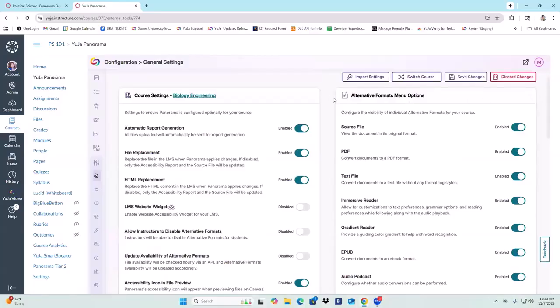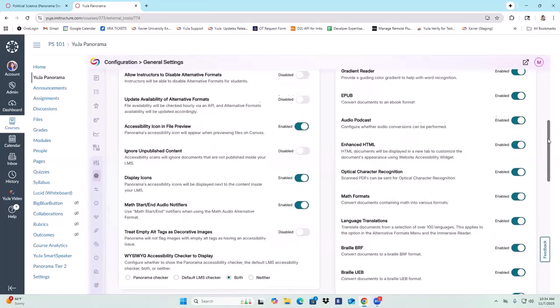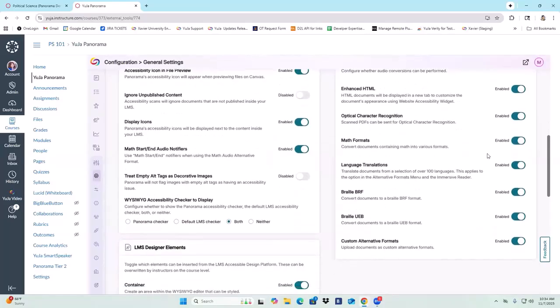So if we look here on the right side, we have the alternative formats menu options, and this is where you can go in and disable any of those alternative formats that we talked about. So in the case that you want to turn off the language translation, you can disable it from here, and this will turn it off from the alternative format as well as the immersive reader option.